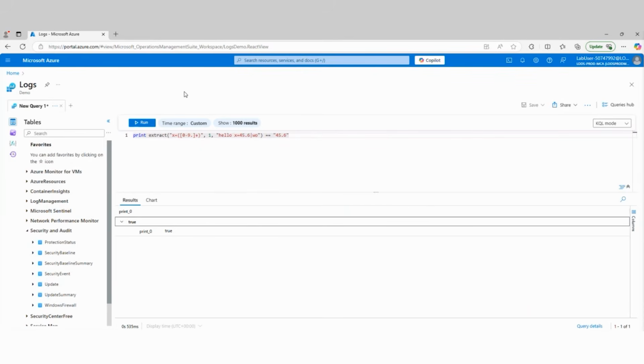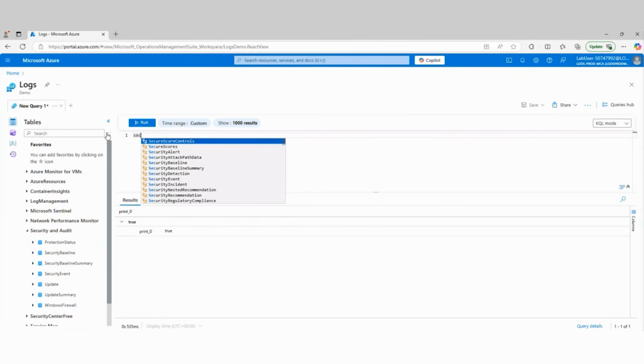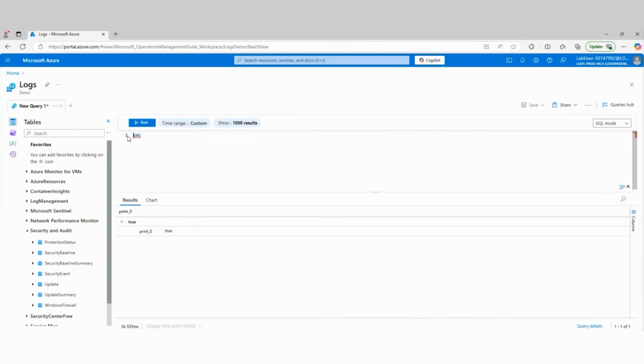Hopefully you've enjoyed this video, and the key to KQL is always practice. Luckily, KQL is very intuitive because as you start typing, it will give you examples or the next possible options as part of your query, your syntax, and so forth. So it's very intuitive. It does take practice. I would recommend